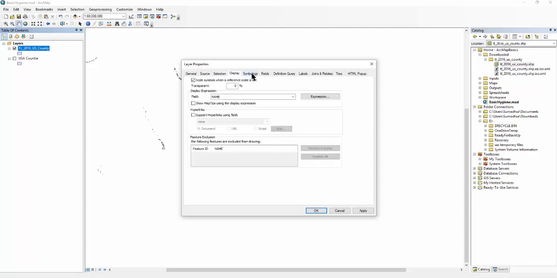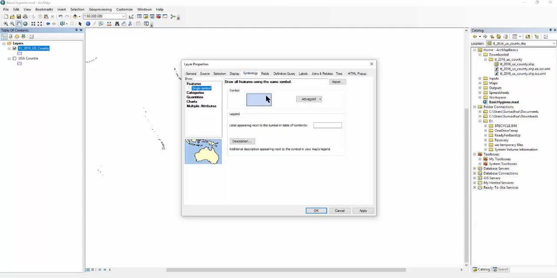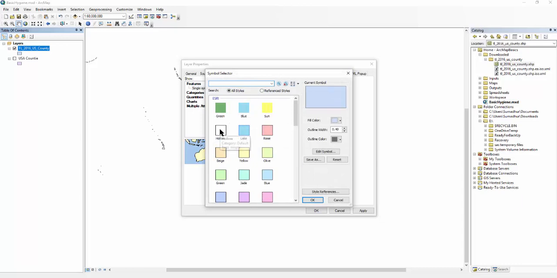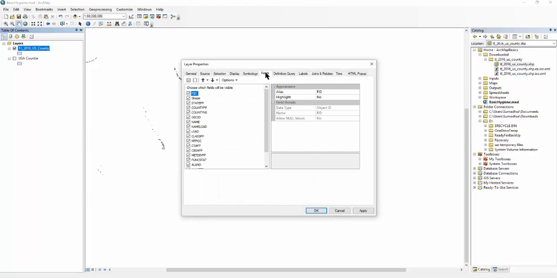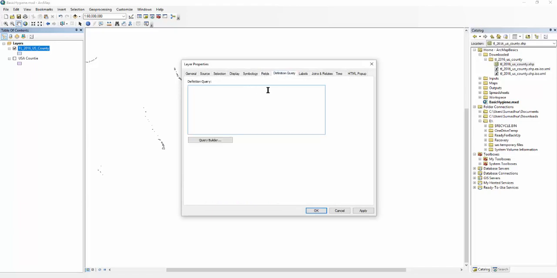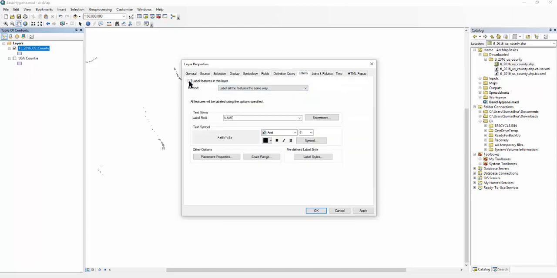Selection, display, symbology. Here's where I can change the type of symbology. I would go for hollow, increase the width to 0.1, black color is fine, hit OK. And then the fields, for now I want to see all the fields, I'll leave it as is. Definition query, I don't want to make any changes. Labels, I can check the labels and say show me the labels with the field. These are all the fields that are available for me to be named on the file. As of now, I'm going to hit apply